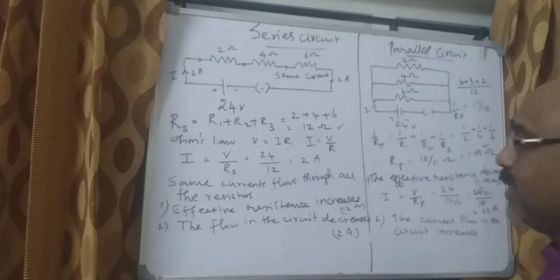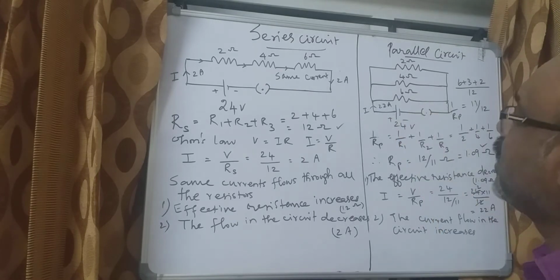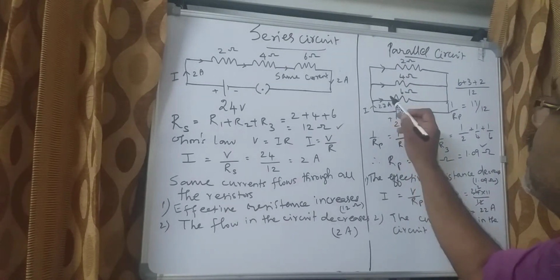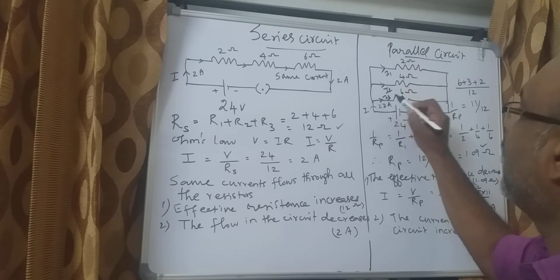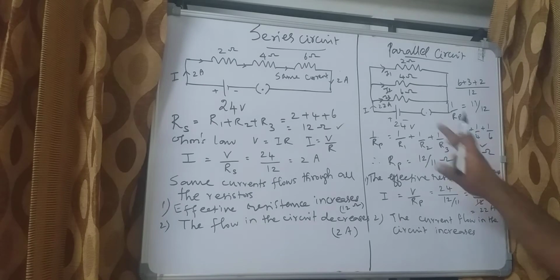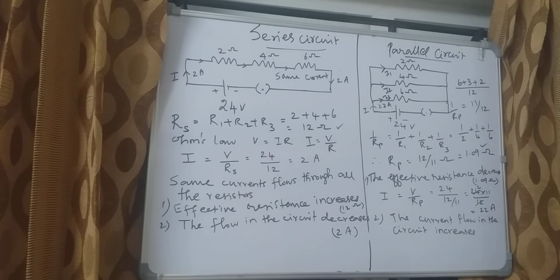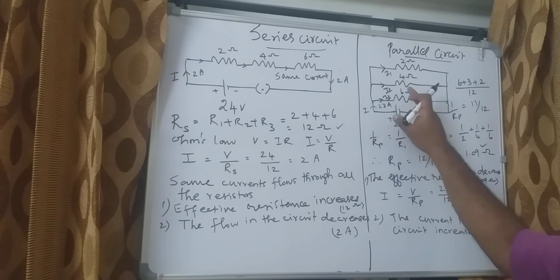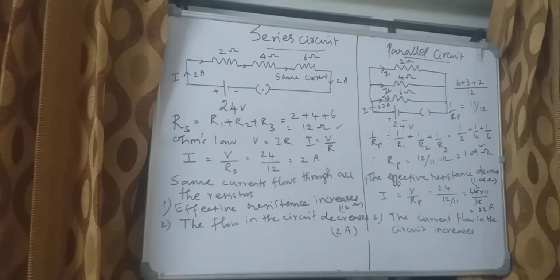But here not like that. This 22 ampere, whatever is coming here, will be splitting. Whatever current comes here, it will split. Let us take this as I1, this as I2 and this current as I3. So, this 22 ampere of current splits up and goes to the resistances whatever is kept. So, this resistance which is having 6 ohm will take the needed amount of current for the working of the appliance.